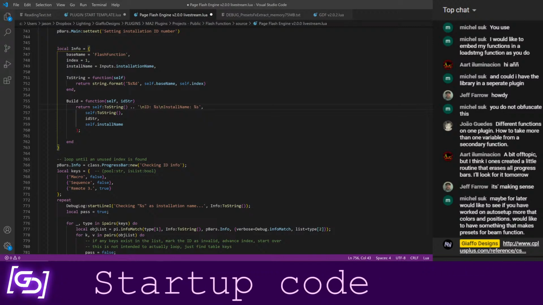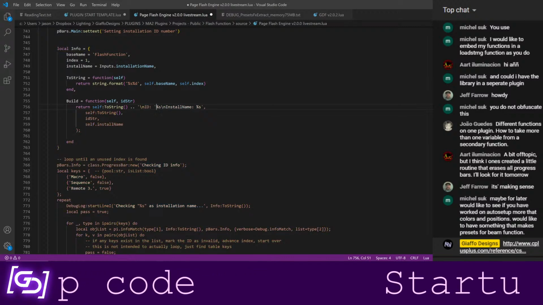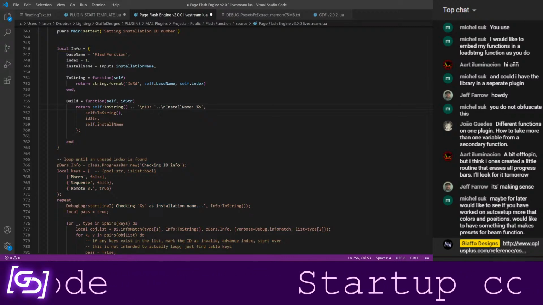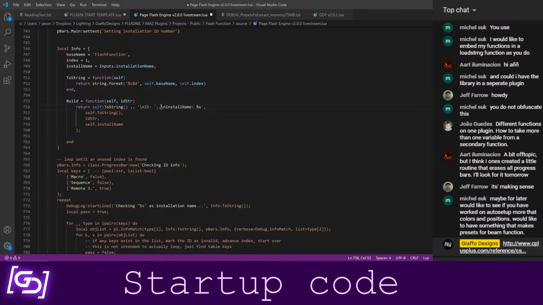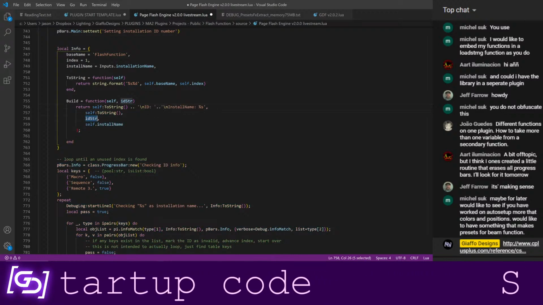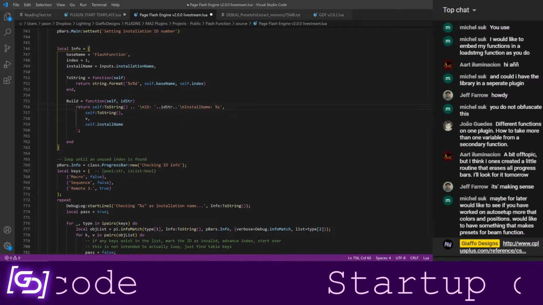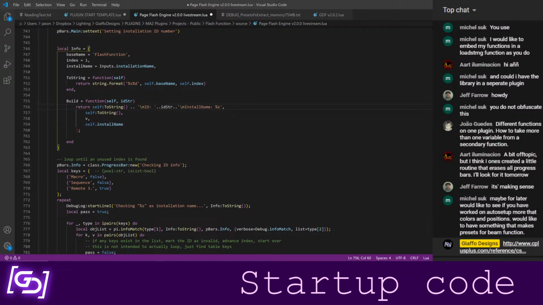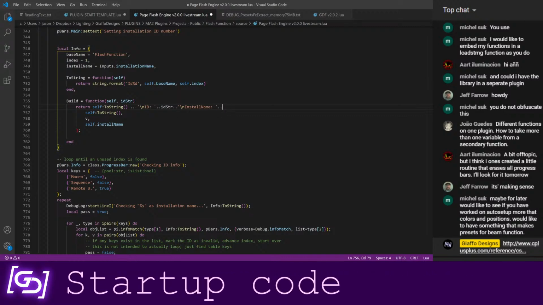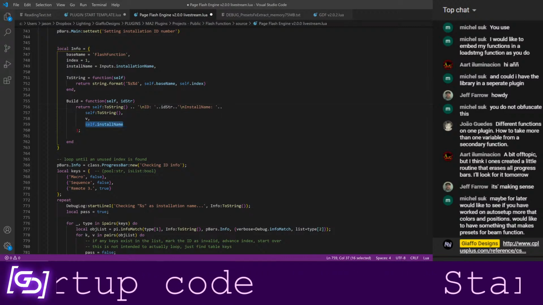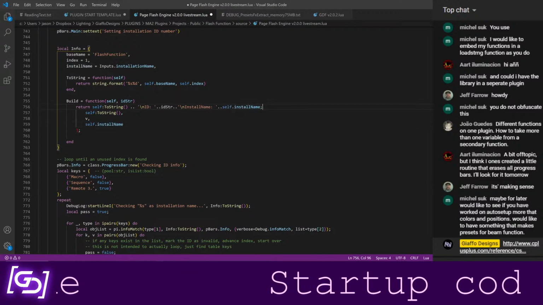It's how you put two strings together. Then a line break, then ID, and then it would have been this ID string, and then we would have had another dot dot here, and then at the very end we would have concatenated on self.installName.